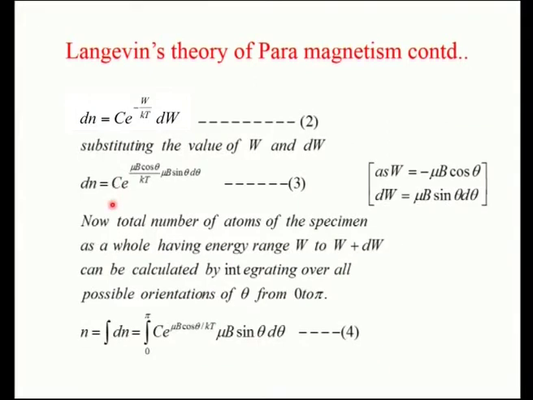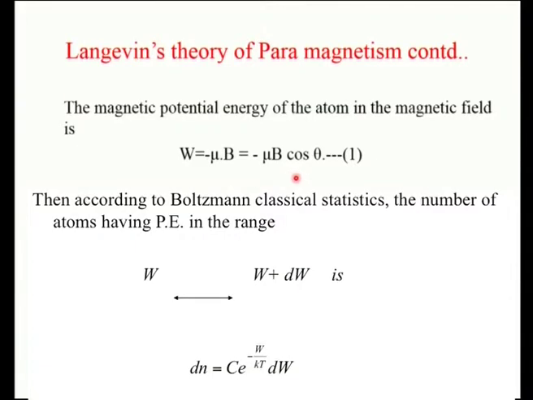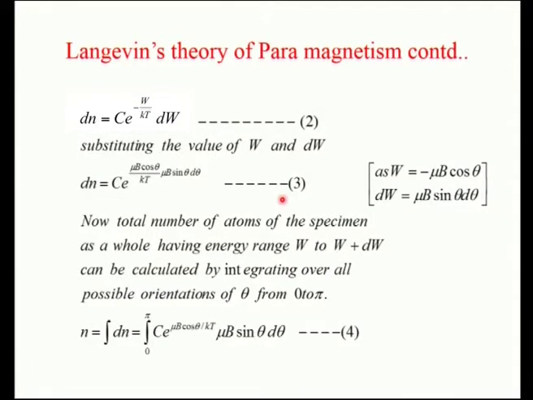Then we can substitute this W expression, which is equivalent to minus mu B cos theta, and for dW only cos theta changes, as mu and B are constants. So, we write all those things here and then work out